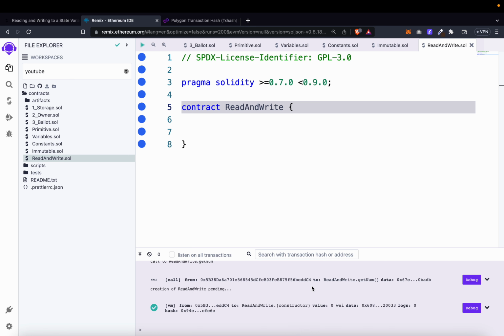We'll be looking at read and write. How do you read and write to the blockchain? In the previous video, you saw how to create primitive data types, how to work with constant, immutable. Now we are going to write some functions that will help us send some things to the blockchain and also